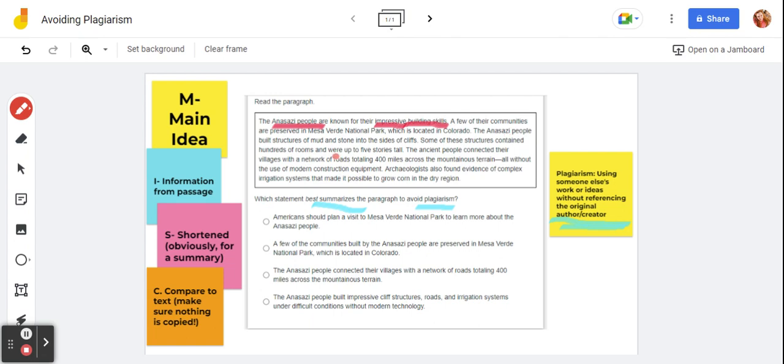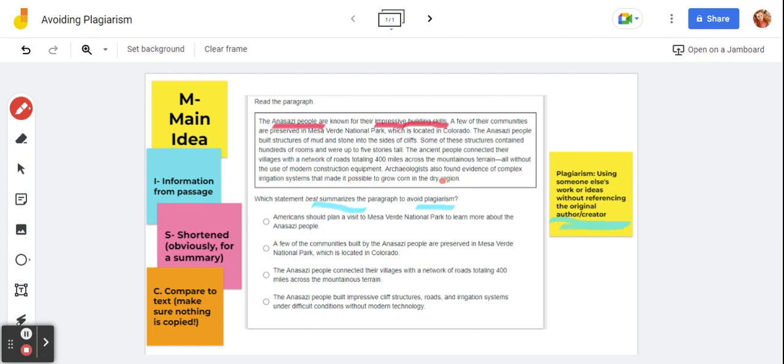Cool. A few of their communities are preserved in Mesa Verde National Park, which is located in Colorado. The Anasazi people built structures of mud and stone into the sides of cliffs. Some of these structures contained hundreds of rooms and were 5 stories tall. Pretty cool that they were ancient people who built that. The ancient people connected their villages with a network of roads totaling 400 miles, all without the use of modern